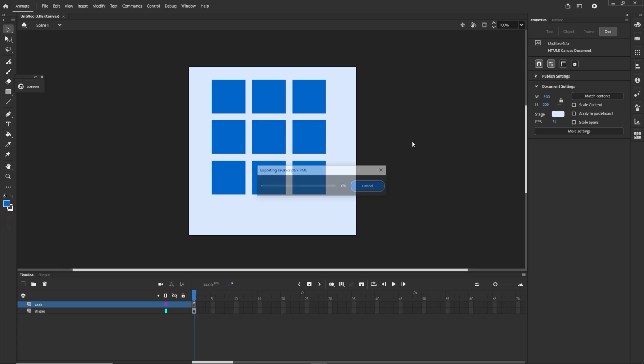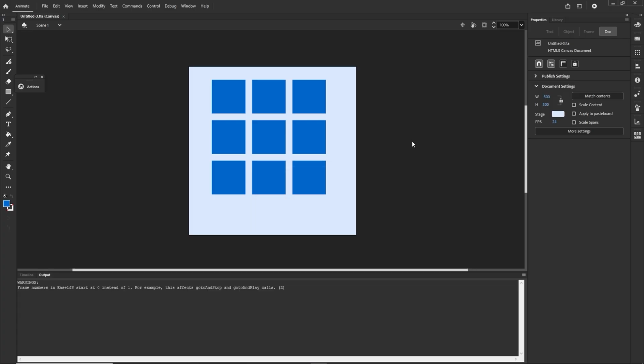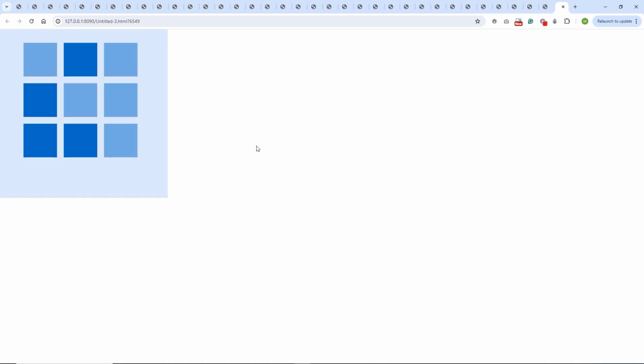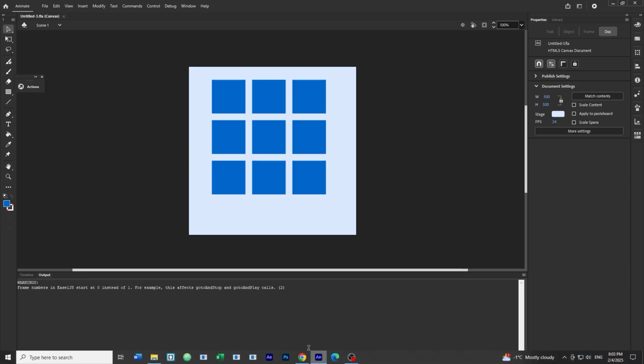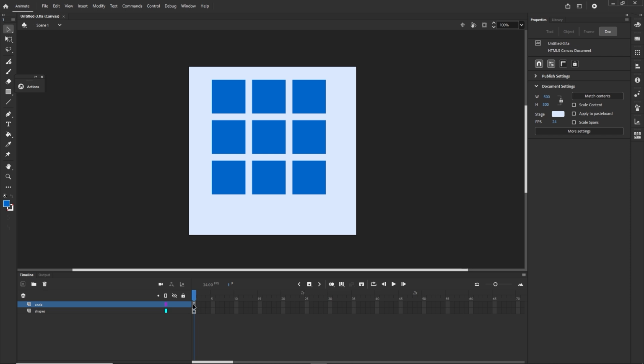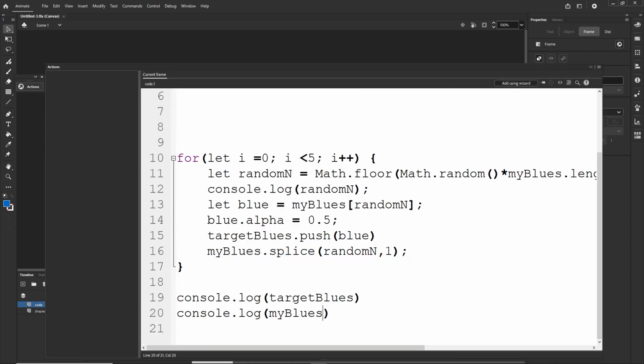Okay, so this is what we have so far. If I go with Ctrl Enter, we have 9 shapes, and we are generating 5 random numbers, and we are making 5 shapes to have different opacity and so on. So very quickly I will go to my code. I am not going to re-explain this, but basically